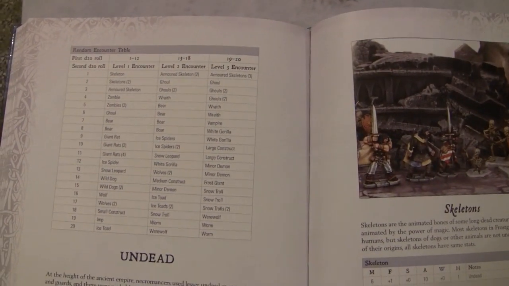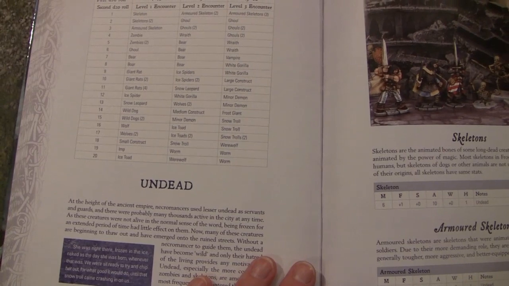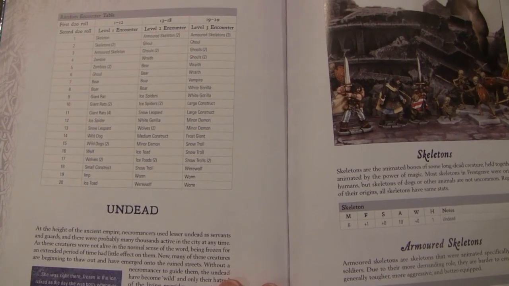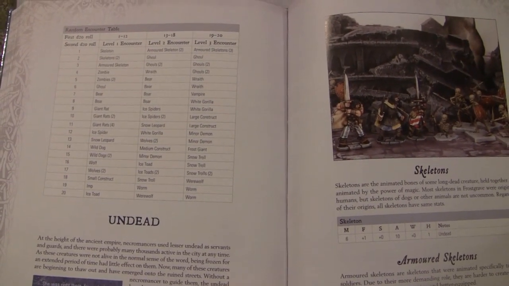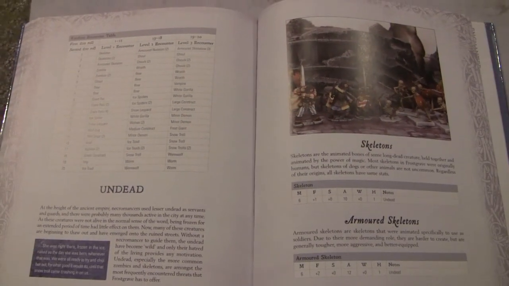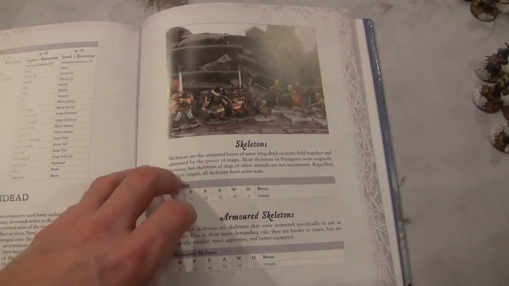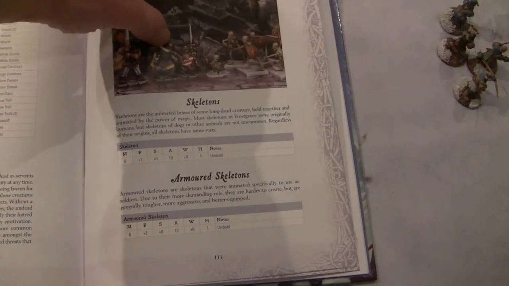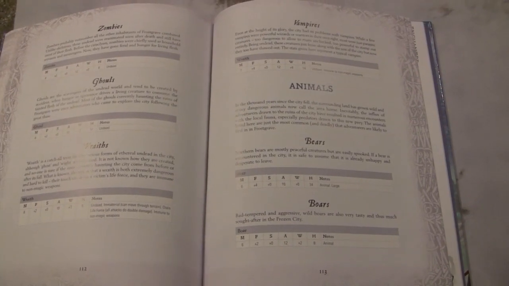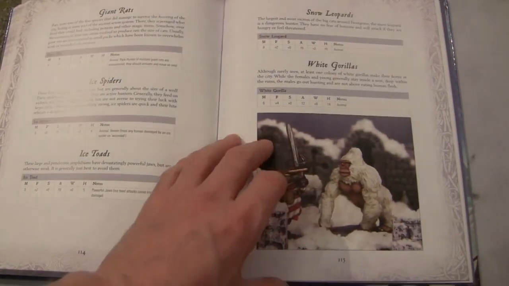You have skeletons, zombies, ghouls, bears, rats, spiders, snow leopards, wolves, constructs, imps, ice toads, snow trolls. There's a lot of stuff here. Wraiths, ghouls, things that I like a lot. Demons, werewolves. All of these are represented in the book, and you can find their stat lines and use them, like I said, to make your own scenarios, or have them as a random encounter. So those are the basic